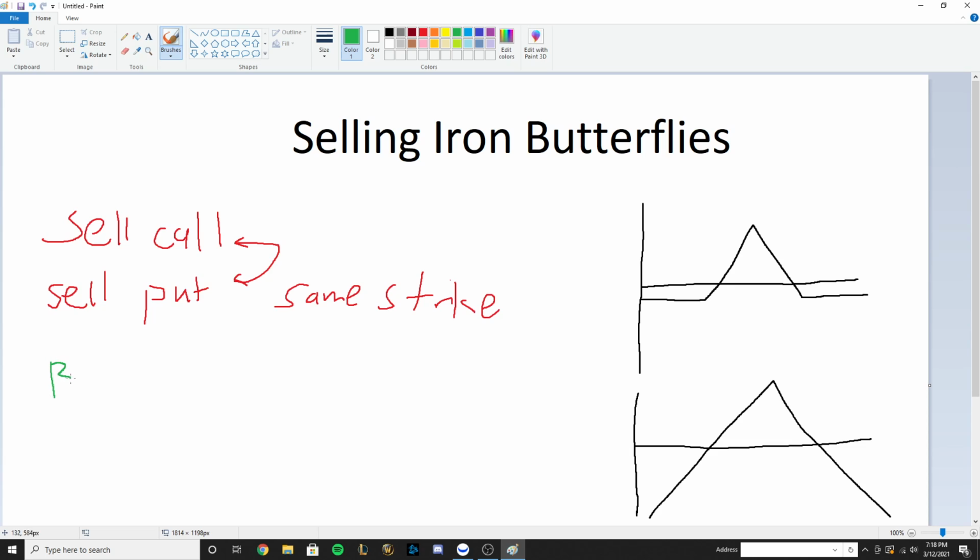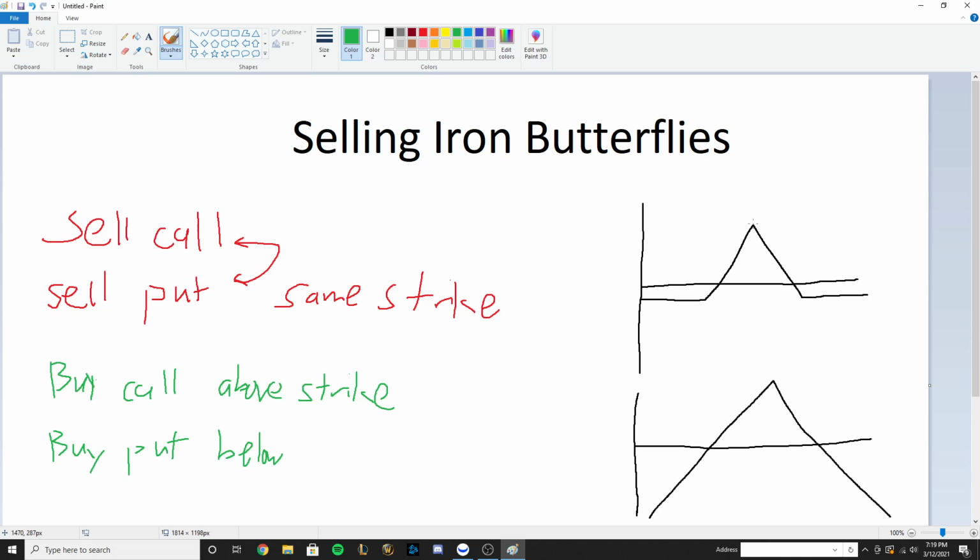So you're going to be buying a call above the strike that you sold, above this strike, and then you're going to be buying a put below these. So what this is doing is it's basically putting you in a situation where, let's talk about if the